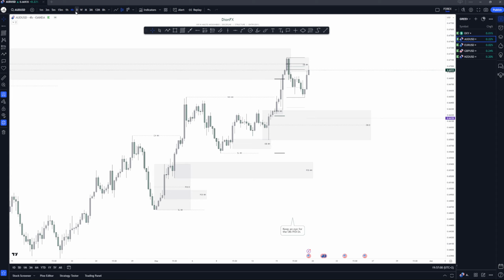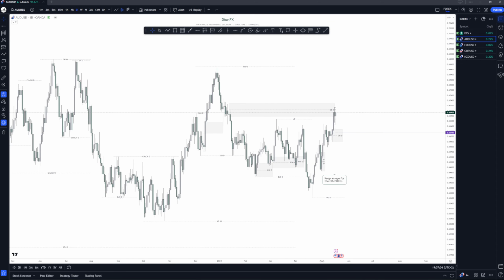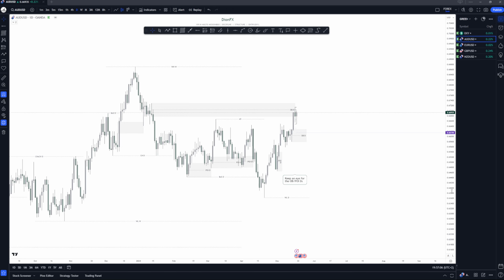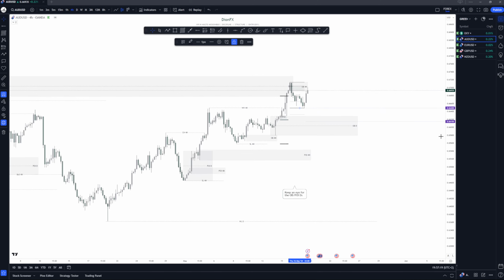Okay, overall I'm kind of bearish right now. I'm not really 100% bearish or like 80% bearish. I would say like 60% bearish on this pair right now. I would be more bearish if price was to take out this low. I would be extremely bearish if price was to take out this low. Okay, so just keep an eye on these levels right now.